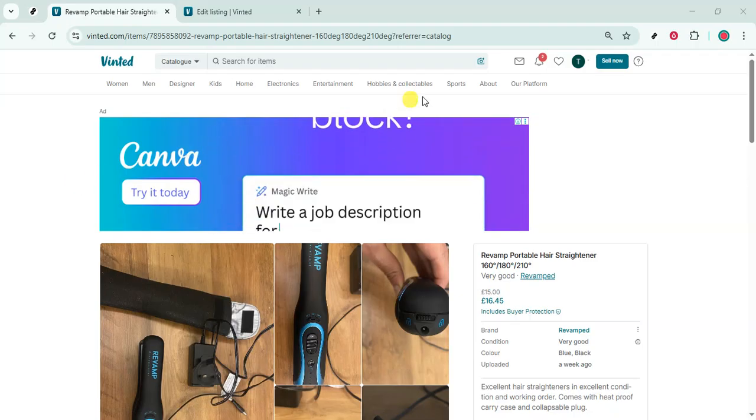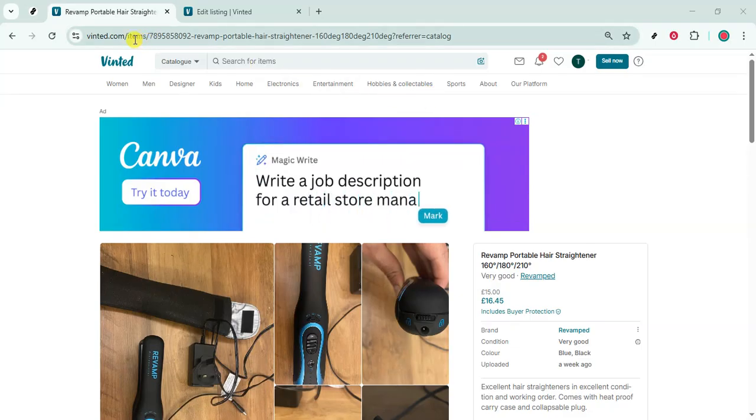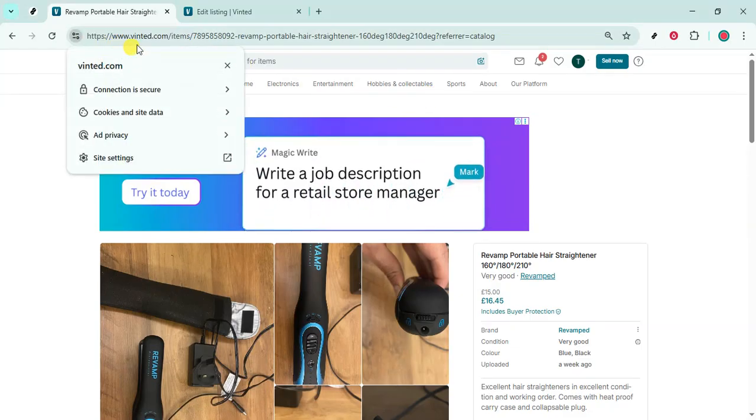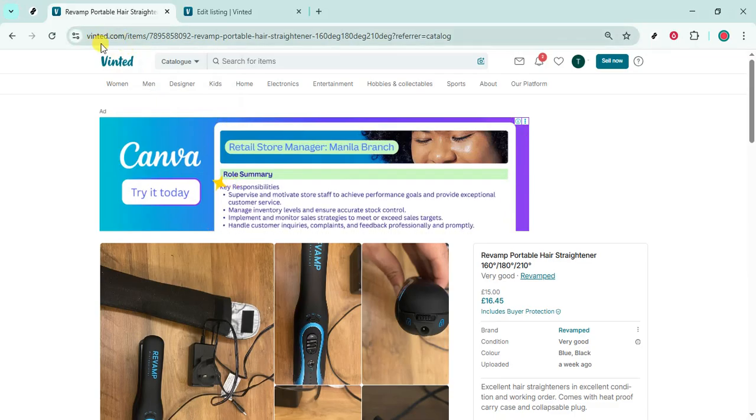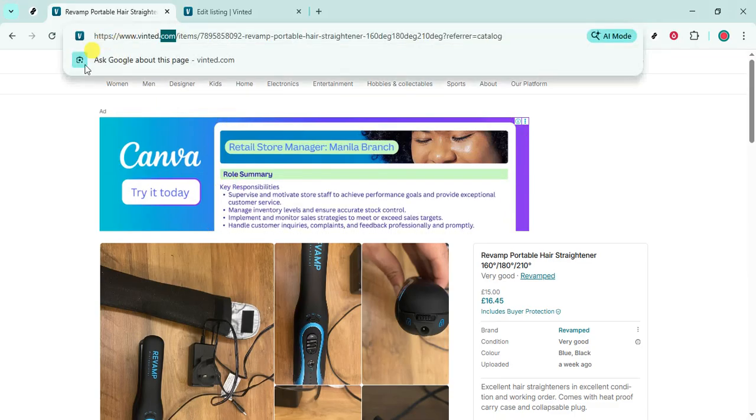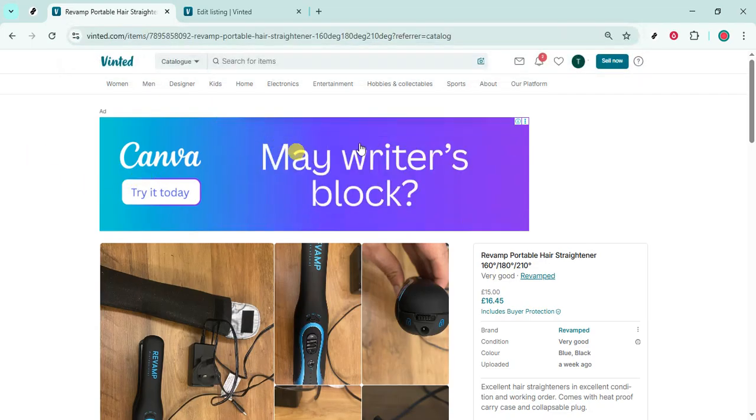First, open your browser and go to vinted.com. If you aren't already signed in, log into your account so you can access your listings. This walkthrough is on desktop, but the steps are very similar in the mobile app, so you can follow along